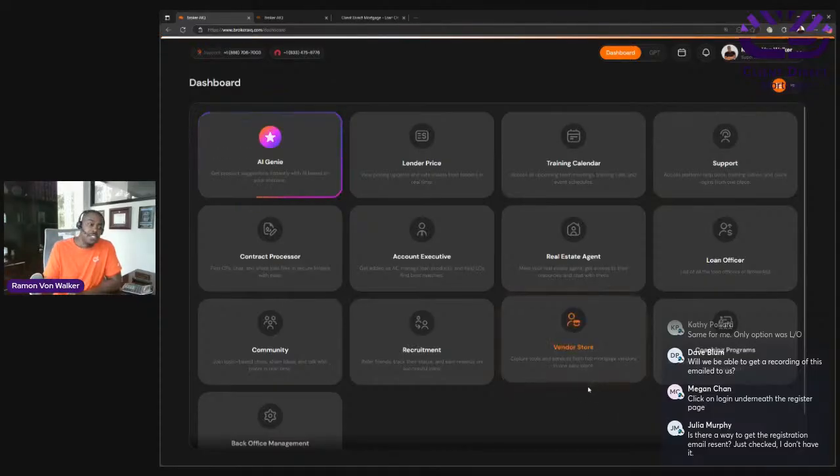So the system has a bunch of different value propositions here, okay? But there's three things that I really want to point out where I think that we excel against all of the other companies out there and that are going to help us do a better job. One is the live support, okay? So loan officers at Client Direct Mortgage, even you will have this live support number up here, okay? So if you're having trouble navigating this system, if you're trying to find out where the loan officer list is, if there's anything that you need help with, you can always call this number and get support.